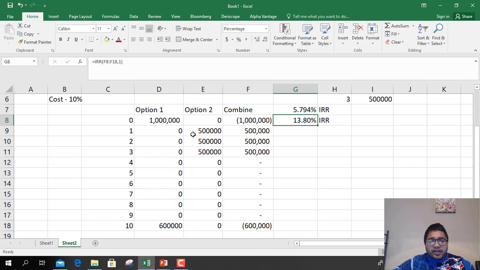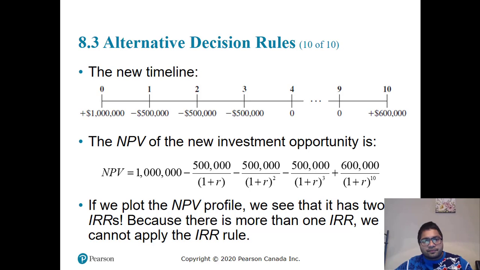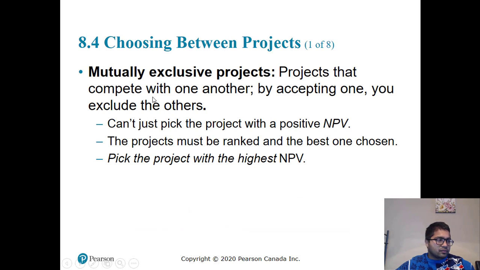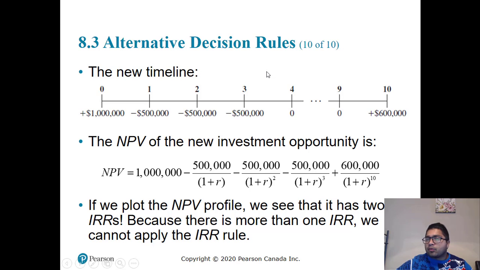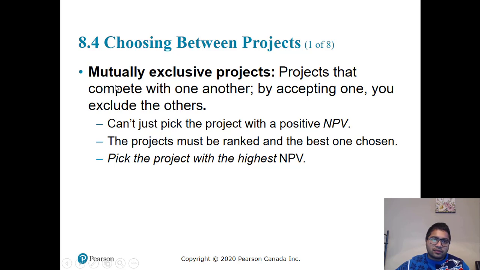So it has a multiple IRR problem. It's a mathematical concept. When do you get multiple IRR problems? When cash flows are switching. Initially it was negative, it became positive. So you spent, you made money, again you spent. In such cases where the cash flows switch signs, you will get multiple IRR problems. So that's why, bottom line, prefer NPV vis-a-vis IRR.